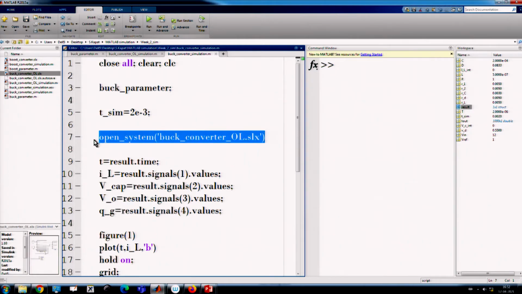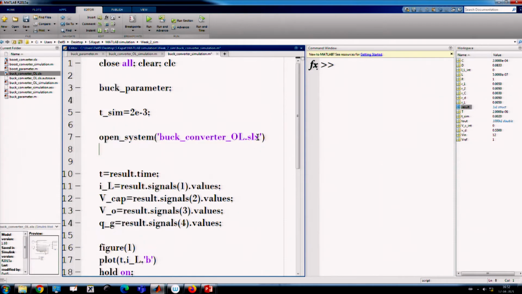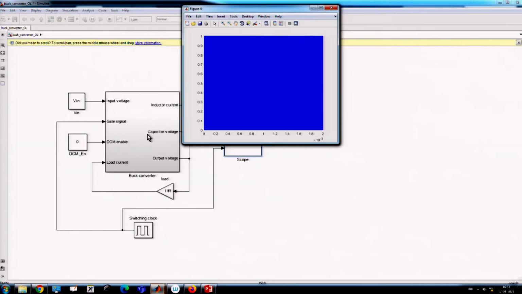This is one. The next part, I need to simulate. I want to simulate by calling from here itself. Now I don't have to go to my Simulink separately. I can simply run it from here, and it will run and again plot all this.